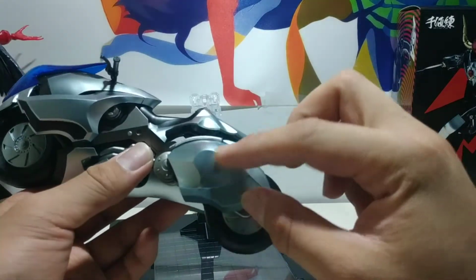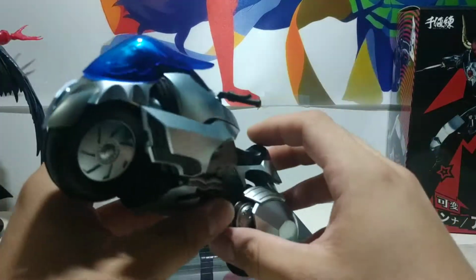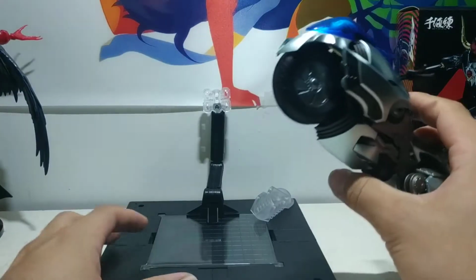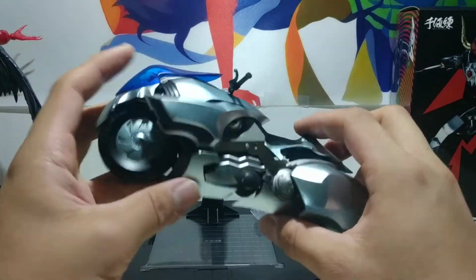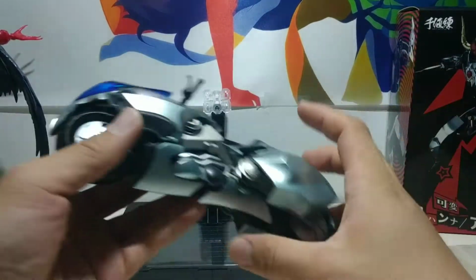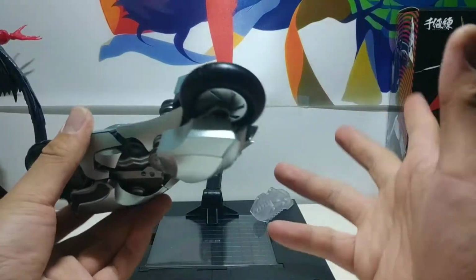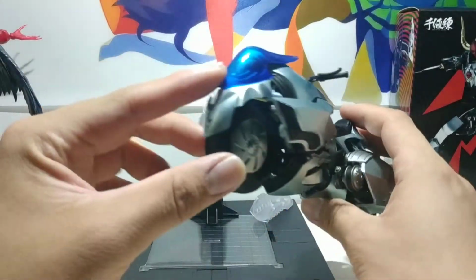These lines where they meet together are actually really thin, so it looks pretty well hidden that it transforms. Also, there's a lot of parts pinned together super well, which is nice. One big thing is the price of this figure. The MSRP is around 20,000 yen, which should run you about 190 USD, give or take some. But yeah, given that price, and also the price that it's going for right now, which is around 250 to 300,